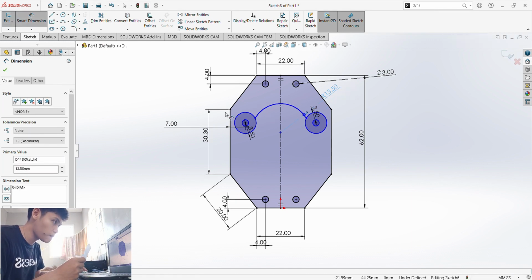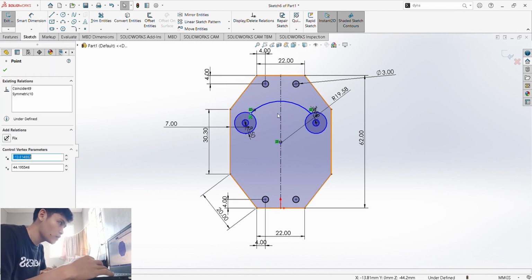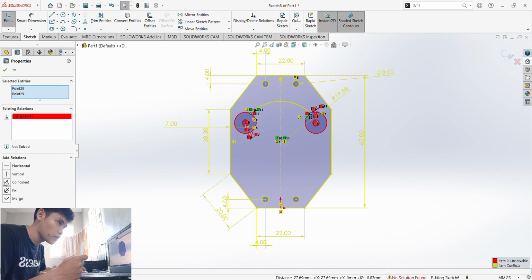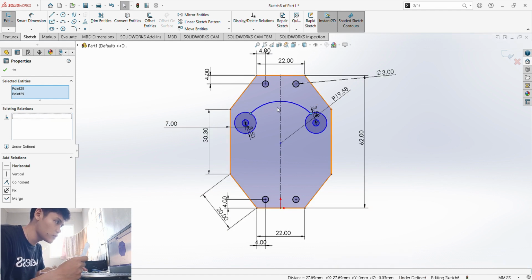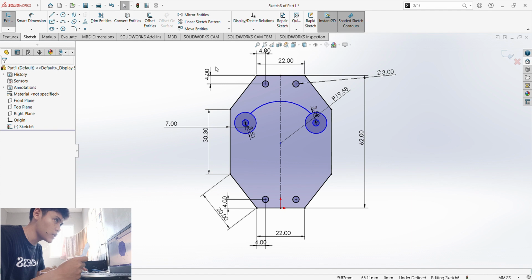Control Z to undo. Let's first add a relationship here. Let's fix them. Coincident. Oh, it's overdefined because there are too many relations. So first we should delete this. And let's make this one. Yeah, it's already fixed right there.